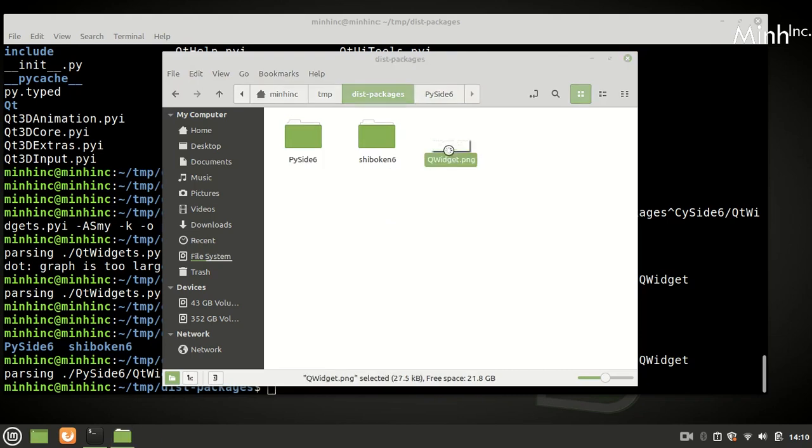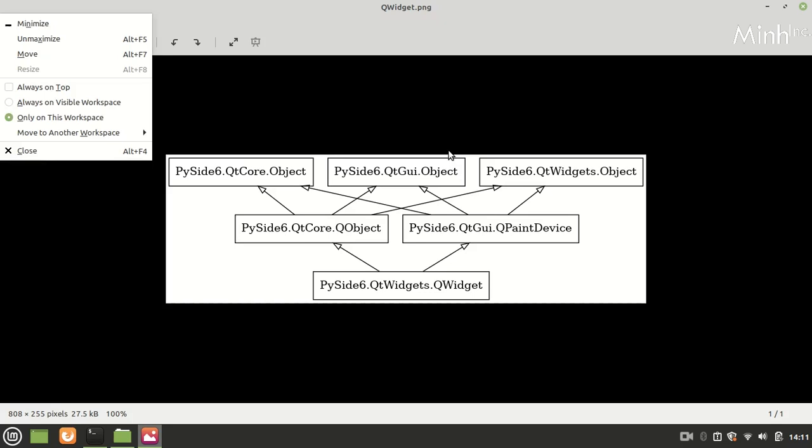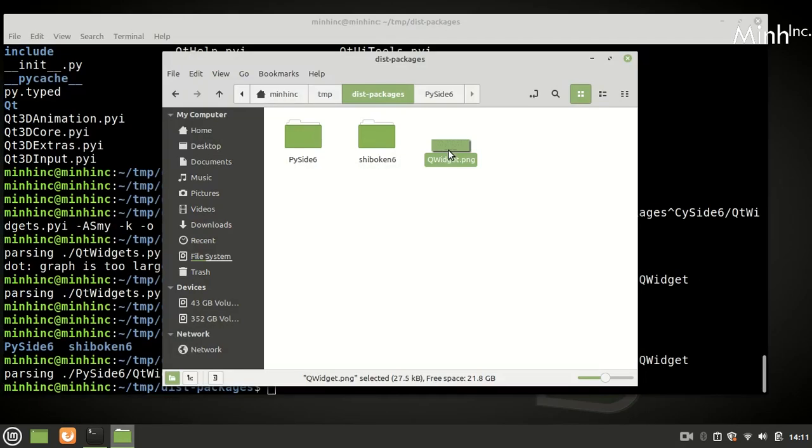And it is different. So QWidget derives from QObject in QtCore and QtGui, QPaintDevice, and they derive from QWidget, QObject and QtGui object and QtCore object. So this is the inheritance diagram.